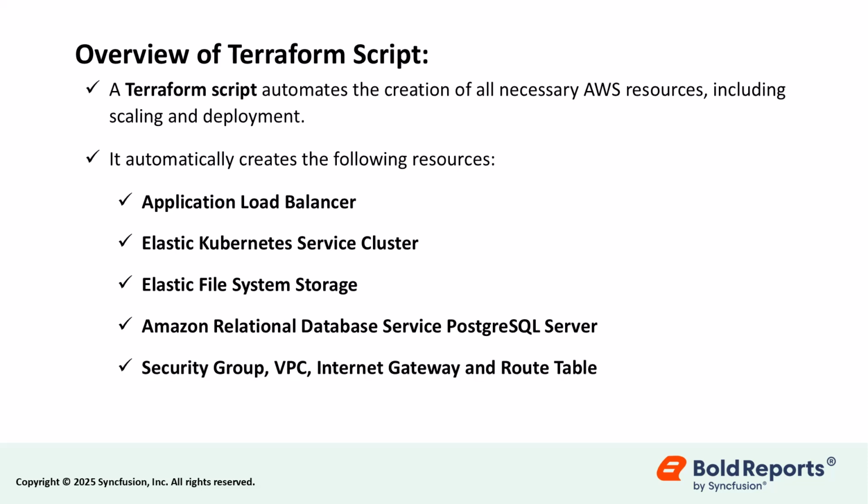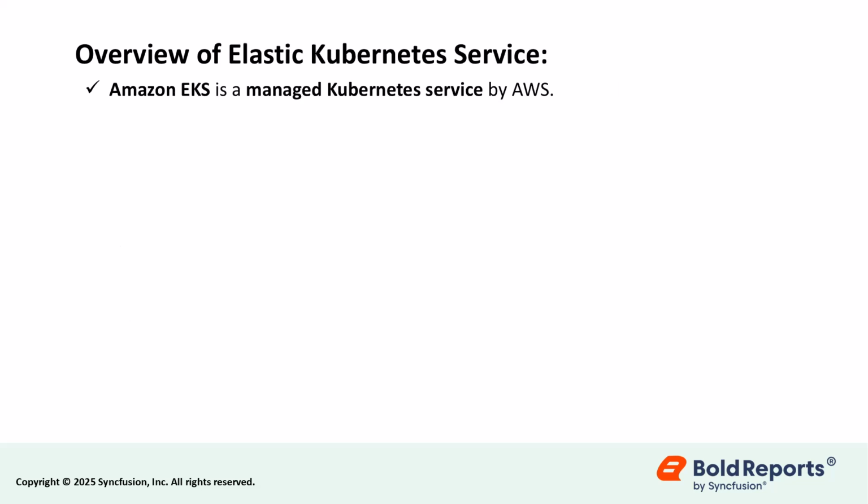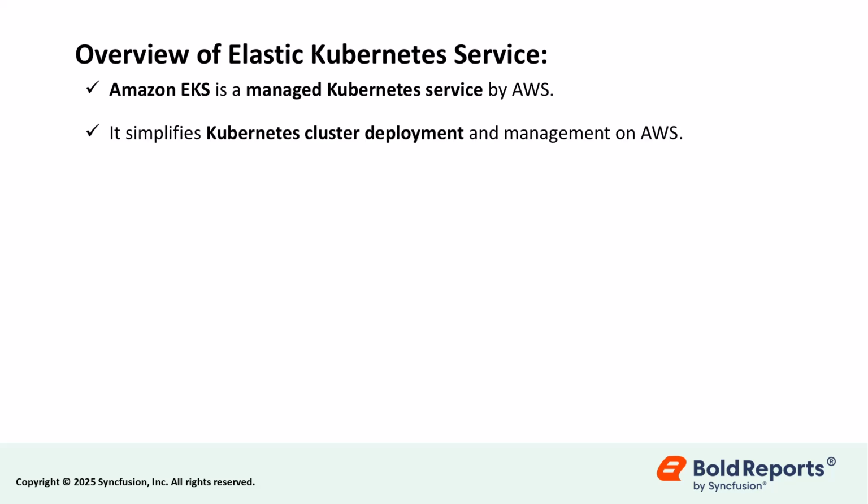The Security Group, VPC, Internet Gateway, and Route Table define and control networking and access rules for secure communication. The Domain Mapping entry on Route 53 routes domain traffic to the application load balancer for your application. EKS is a managed Kubernetes service provided by Amazon Web Services. It simplifies the process of running Kubernetes clusters on AWS, allowing users to focus on their application rather than managing